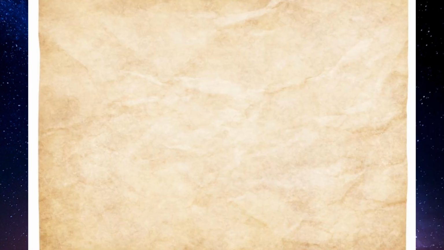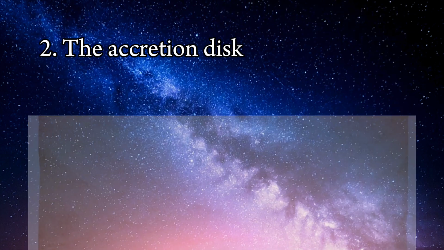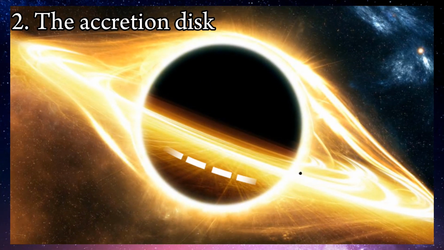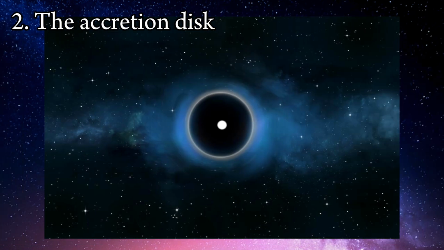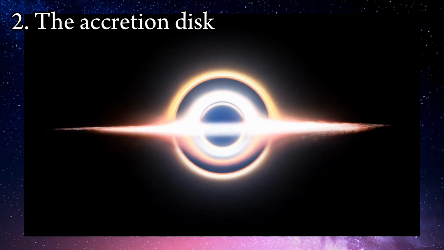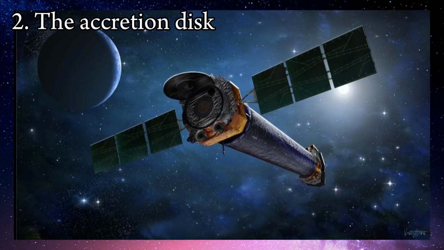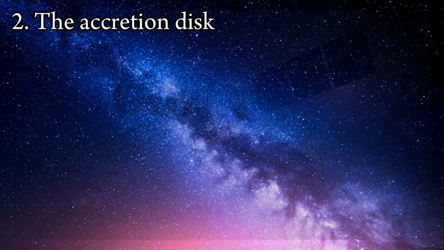Now you might ask that if black holes trap their own light, how do we know what they look like? This is where the second part of the structure comes in, the accretion disk. It is a rotating disk of gas and dust that surrounds a black hole or other massive object. As material falls toward the center, it becomes hotter and denser, releasing a tremendous amount of energy in the form of X-rays and other forms of radiation. We can detect these radiations with specially designed telescopes, but more on that later.